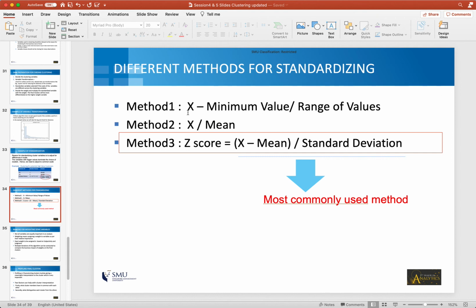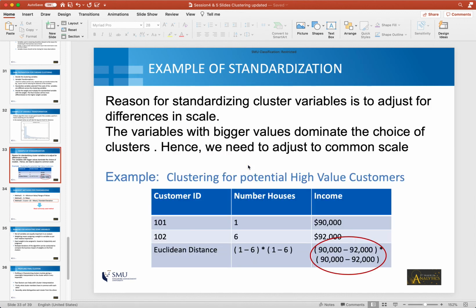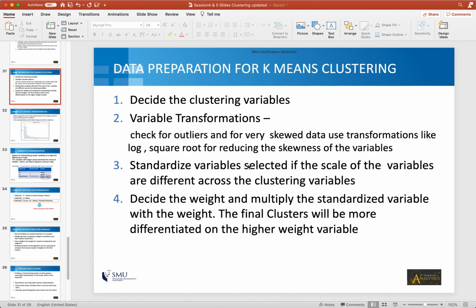These other formulae can also help you standardize, but the one that we use in most situations, in most tools, is the Z-score based standardization. When you do this, the new standardized column will have a mean of 0 and a standard deviation of 1. Because you are standardizing, all the columns will have a similar scale, and the problem that I talked about here will not happen. And that is why you need to standardize.